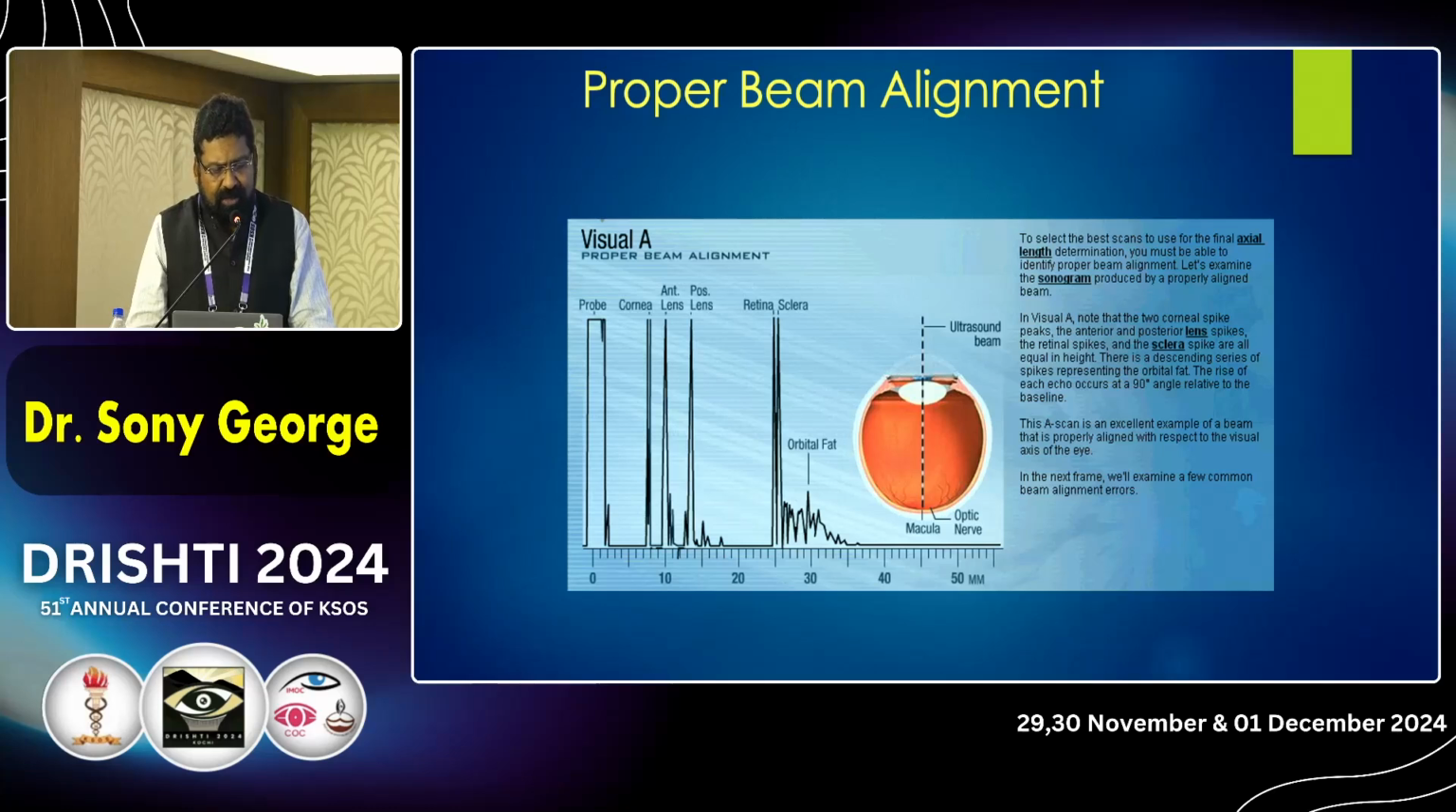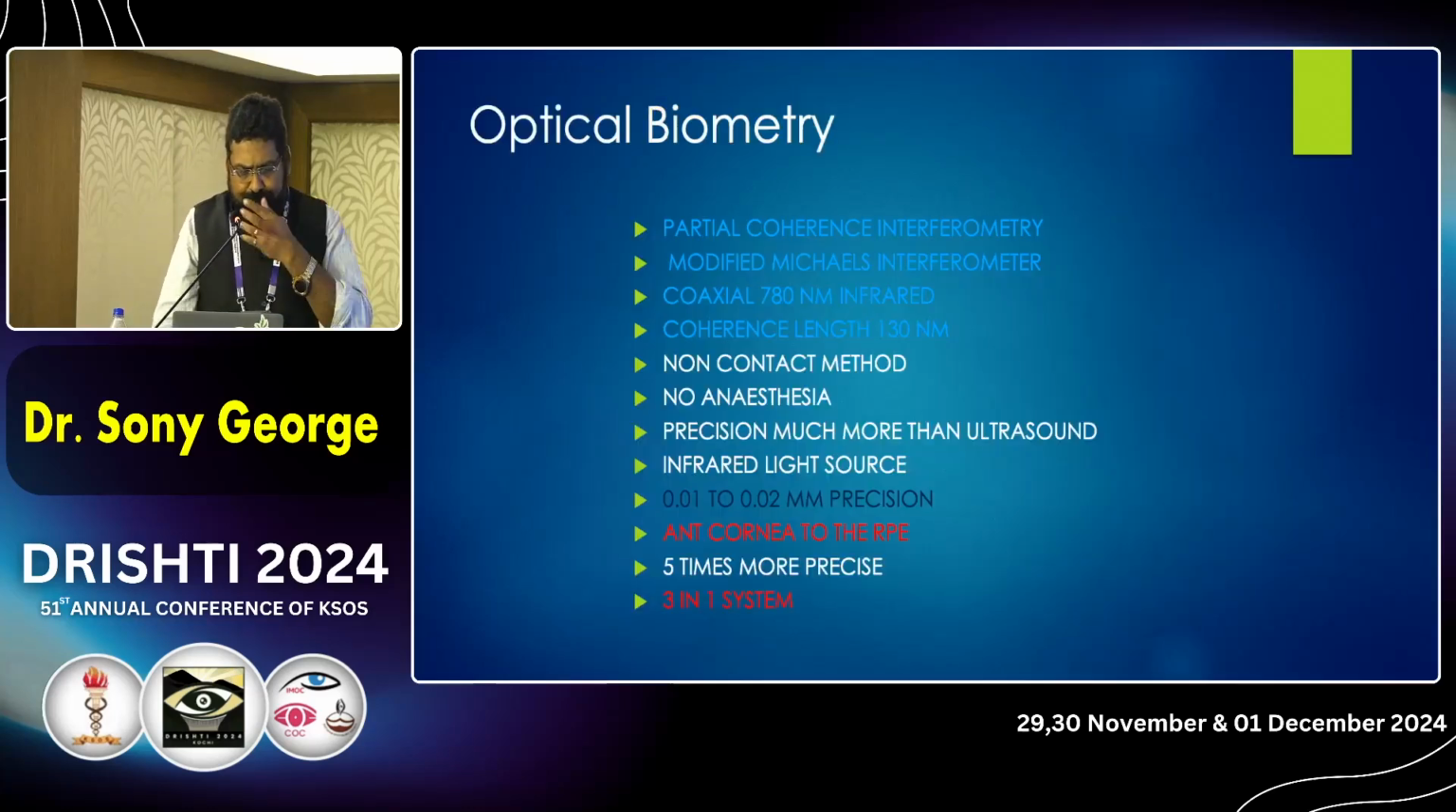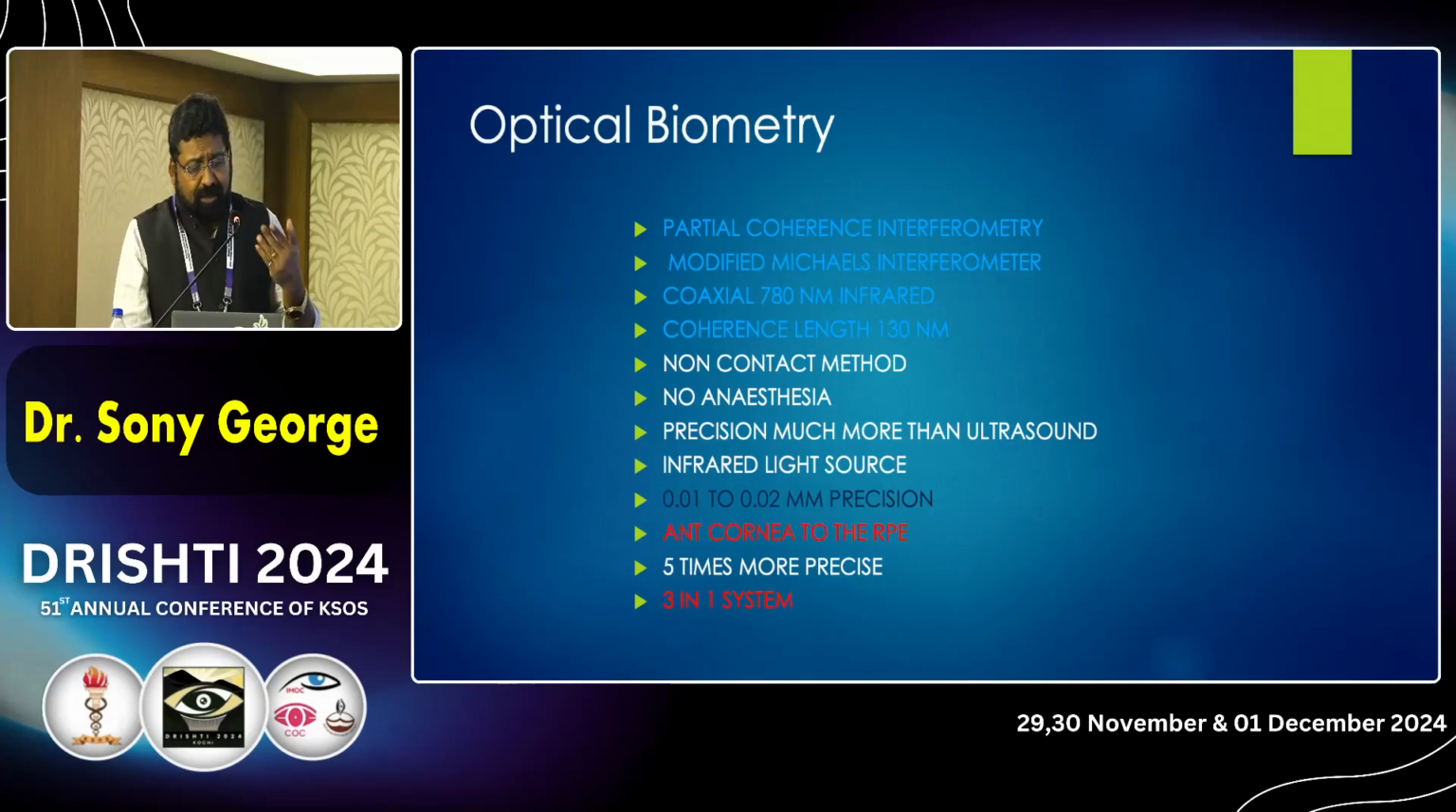And you always have to look at the peaks. The probe, the cornea, the anterior and the posterior lens, the retina, sclera, all should be equally long, and then there should be an attenuation of the orbital fat. Any differences should be erased. And optical biometry, it's a non-contact, no anesthesia method, and the precision is 0.01 to 0.02, and the measurement